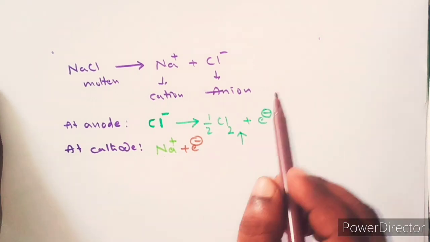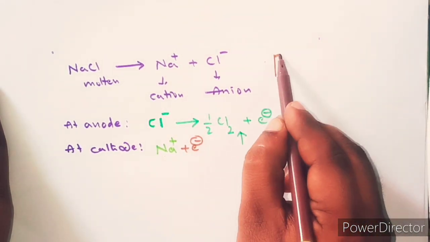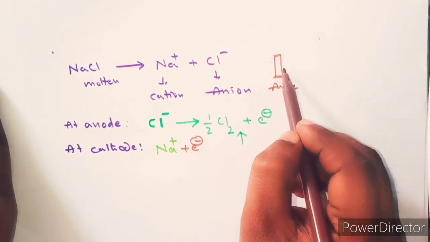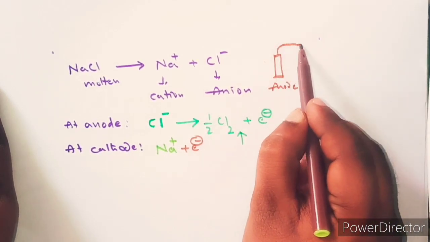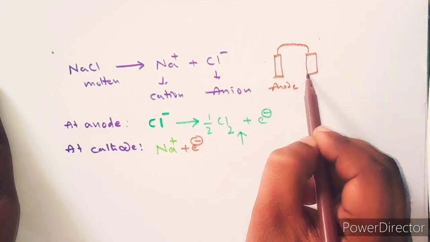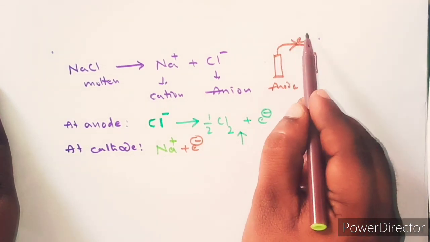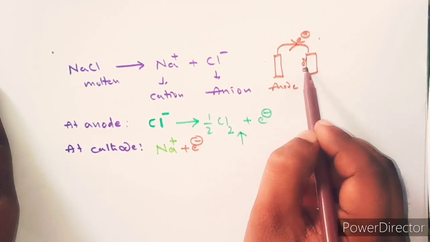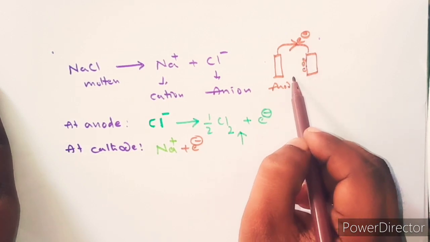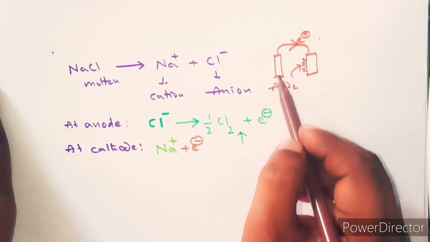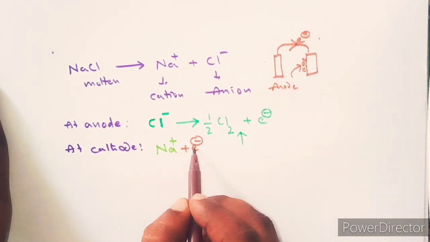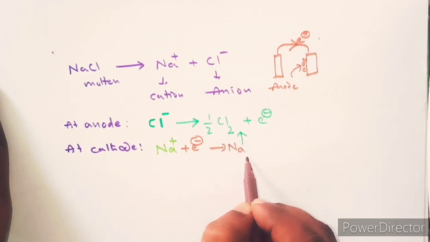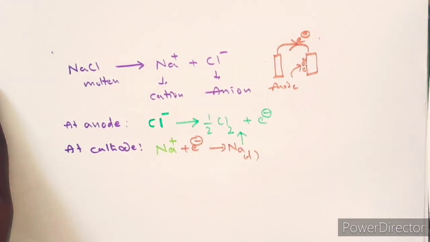At the anode electrode, electrons are released. These released electrons migrate towards the cathode electrode. Now this plate will be accumulated with electrons, so the electron density will be more here. Therefore, the cation will migrate onto this electrode. The cation gains the electron, and by gaining electron, it is reduced. So these are the products we are getting.